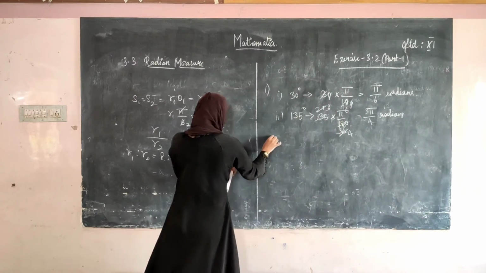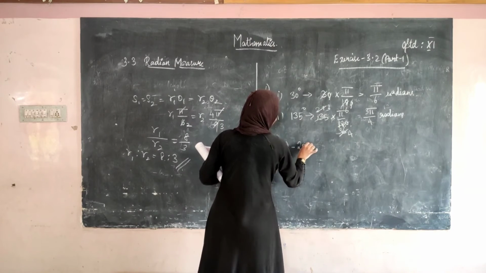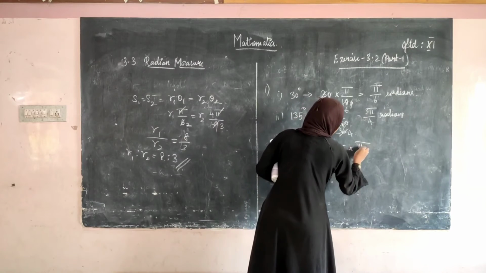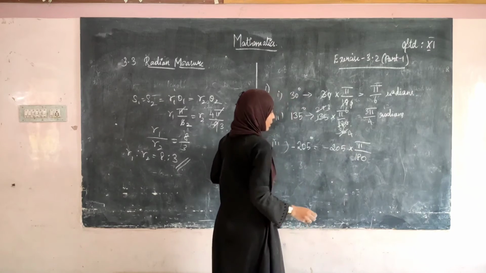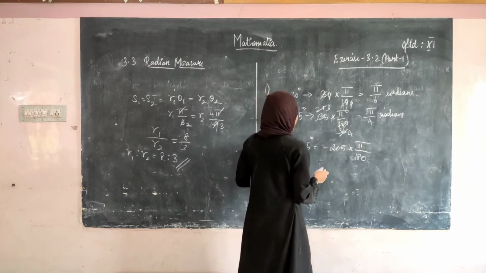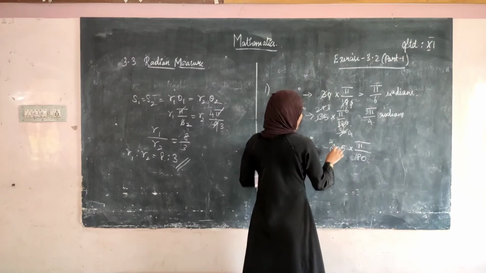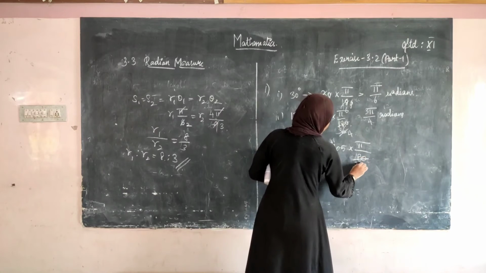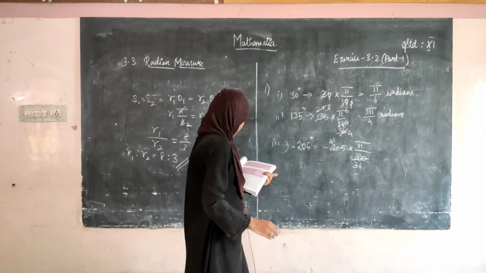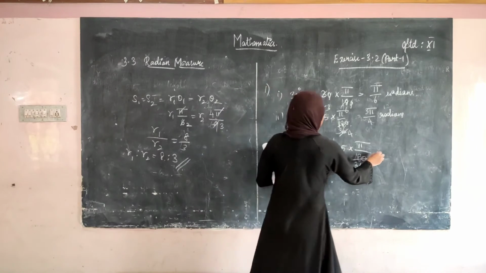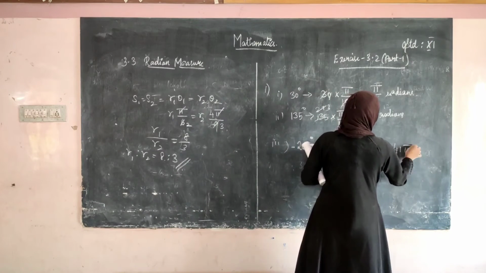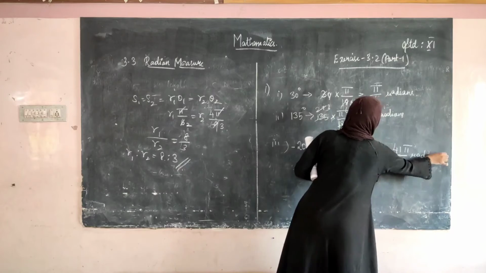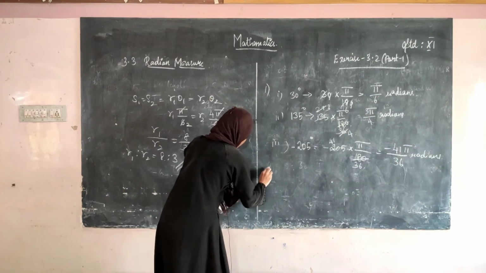And then the third subdivision is minus 205 degrees, equal to minus 205 into pi divided by 180. Again, cancel it by 5. So 5 fours are 20, 5 eights are 40, giving 41. 5 threes are 15, balance 36. So this is equal to minus 41 pi divided by 36 radians.